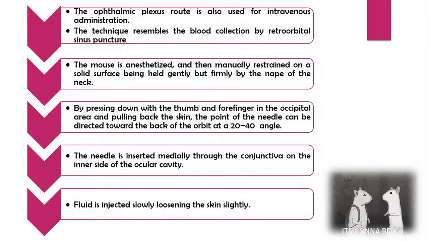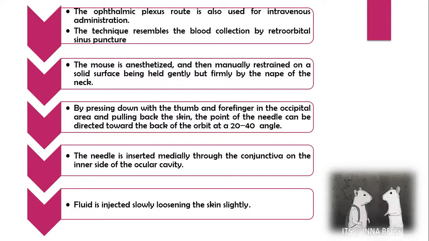Now the second procedure, the ophthalmic plexus route, is also used for intravenous administration. The technique resembles blood collection by retroorbital sinus puncture. The mouse is anesthetized and then manually restrained on a solid surface, being held gently but firmly by the nape of the neck. By pressing down with the thumb and the forefinger in the occipital area and pulling back the skin, the point of the needle can be directed toward the back of the orbit at a 20 to 40 degree